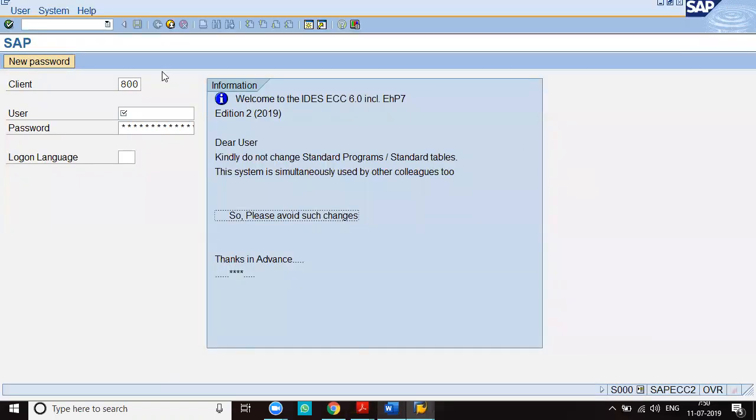Look at the screen. Here, the second line from the top, that means this one. This is called standard toolbar. Why is this called standard toolbar? Because it contains the same icons in all SAP screens. That's why this is called standard toolbar. But based on the screen we are using, some icons are highlighted. Highlighted icons means what? In this particular screen, 1, 2, 3, 4, 5. So these are called highlighted icons. And in the background, you are seeing some icons, no? In the grayed out mode. They are called grayed out icons. So we cannot use these grayed out icons. We can use only the highlighted icons.